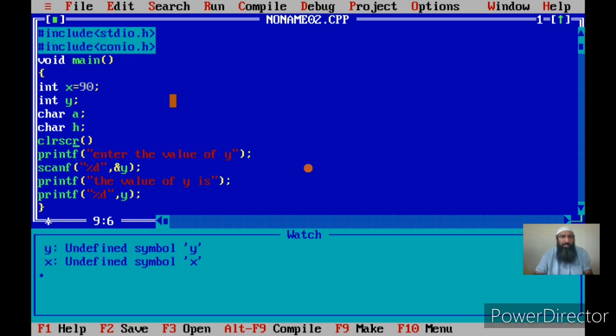Now suppose you take my name, that is Rouf Ali. It is not a single character. It has got ROUF, space and ALI. ROUF, that is 4 characters, space, that is the 5th character, and then ALI, that is 3 more characters.